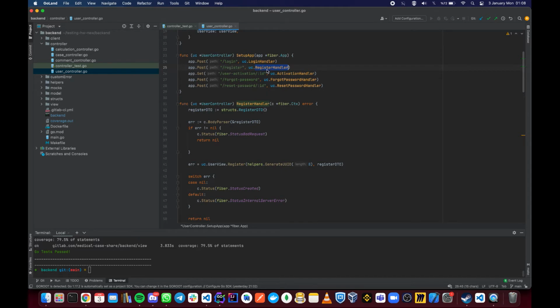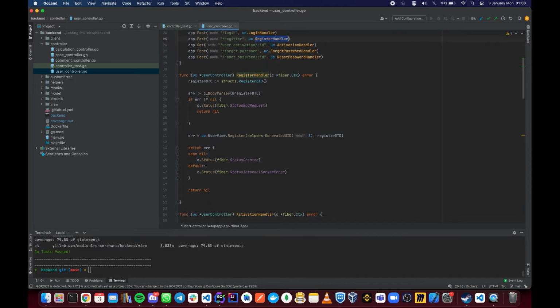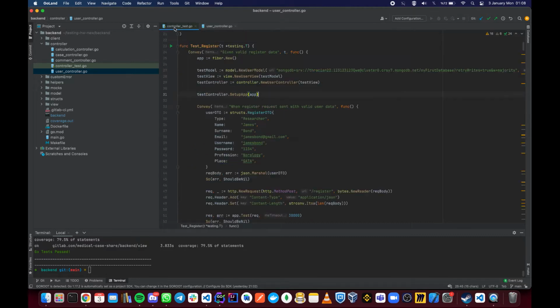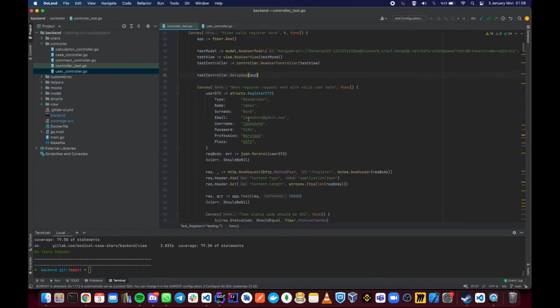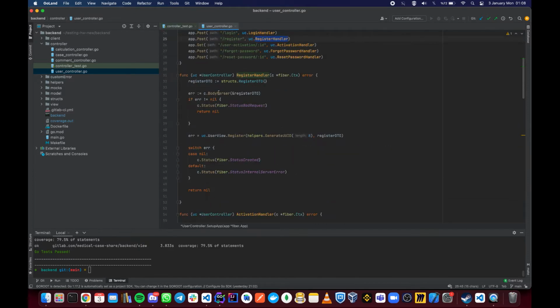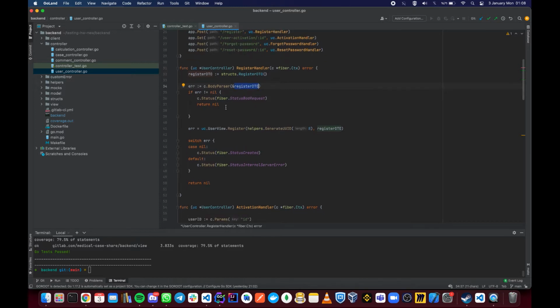Okay, here, and create the function here, and we write the function according to this test. For example, take the request body valid register data and send the view register method. Inside the view part,